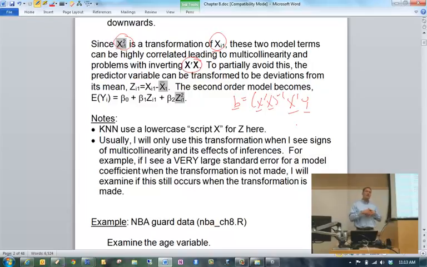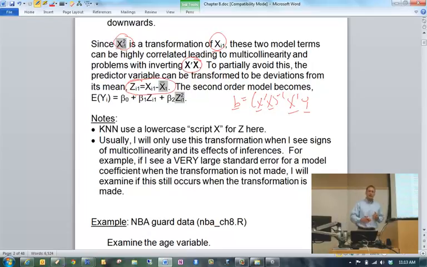So as a way to lessen this potential problem, sometimes, and I'm going to emphasize sometimes, it can be useful to work with a transformed version of your x. In other words, a mean adjusted version of your x. So you have x minus x bar, the mean of all your x's.